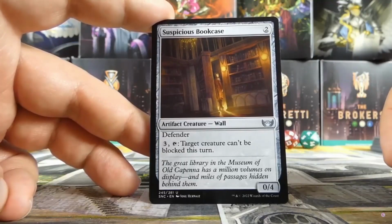Now we are up to the Streets of New Capenna pre-release kit openings, which we did. Again, if it's a new set, I'm doing it. If it's got pre-release kits, they're here, don't you worry. So we did that as well. But it means that our next rare or mythic is...